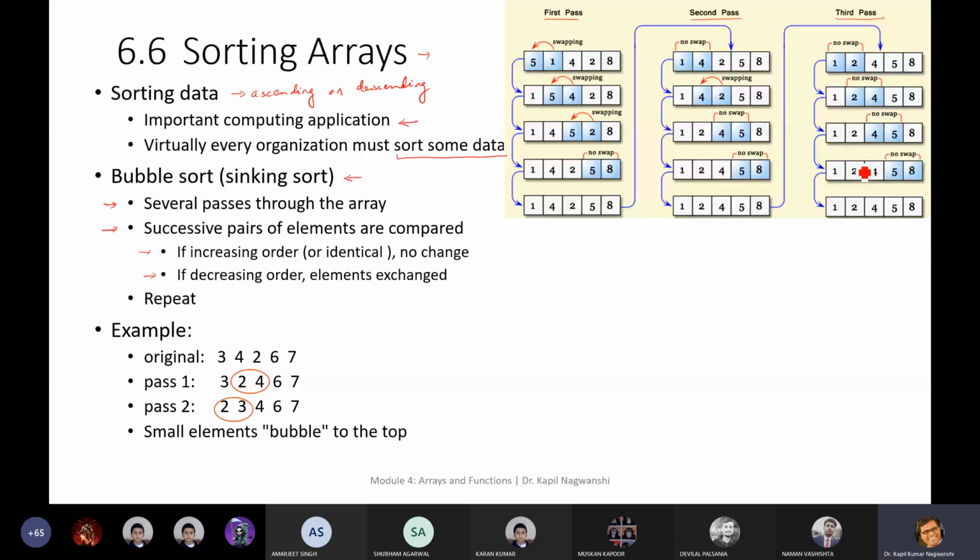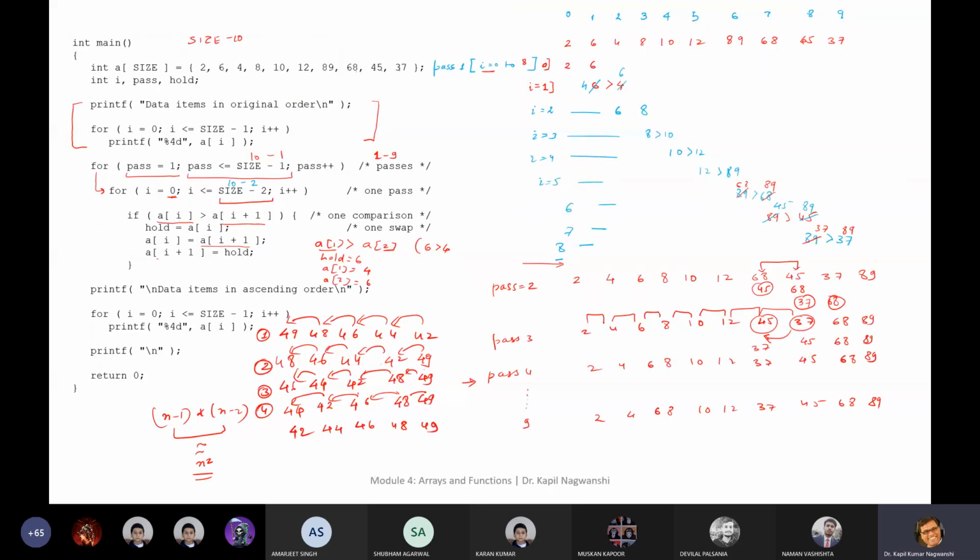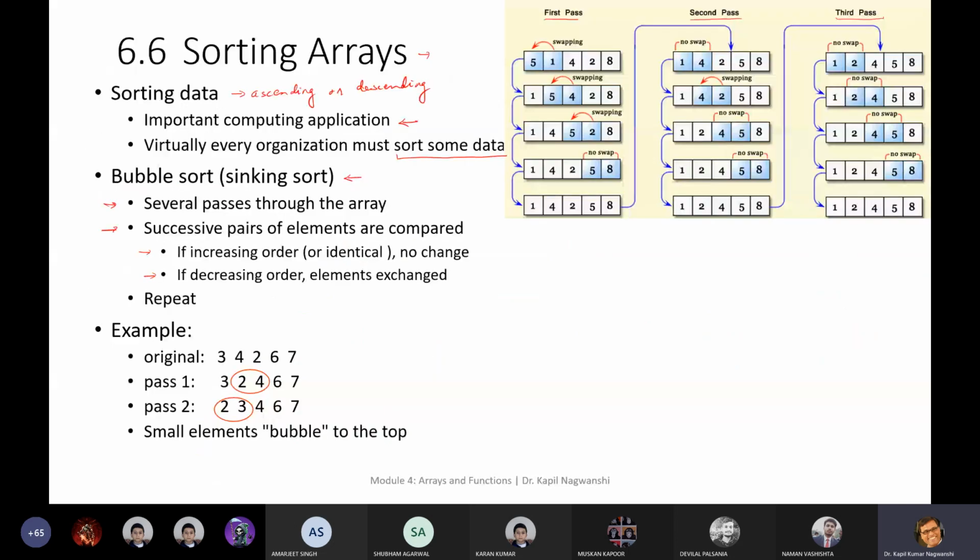Okay, so you can see that in 3 passes, this number will be sorted. But in the previous case, in this particular case, 4 passes are required. So we cannot say that in 3 passes it is sufficient. So 4 passes may be required. Any doubt?